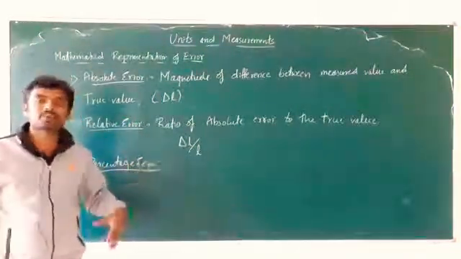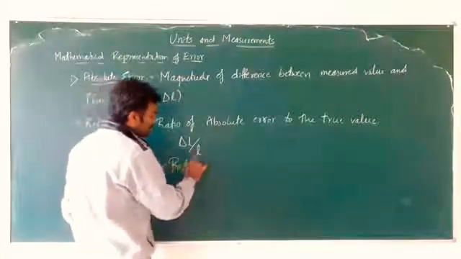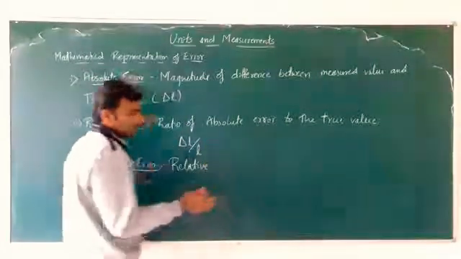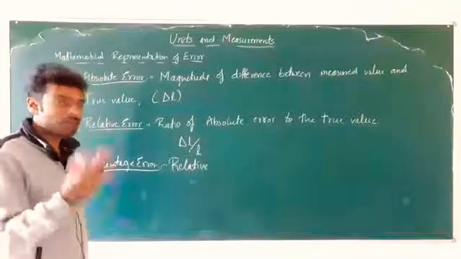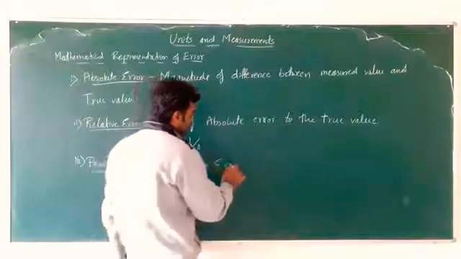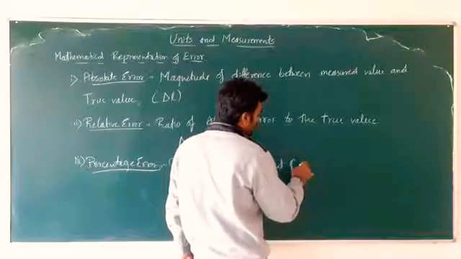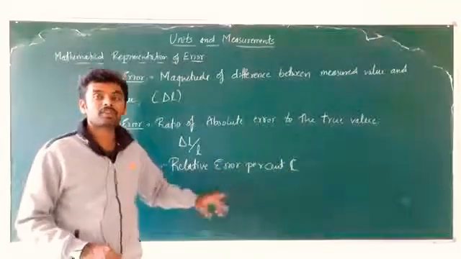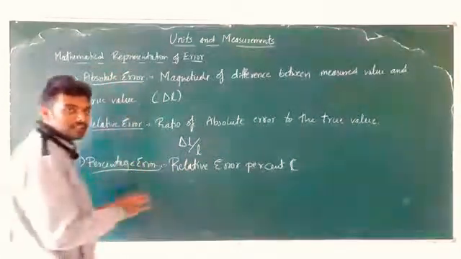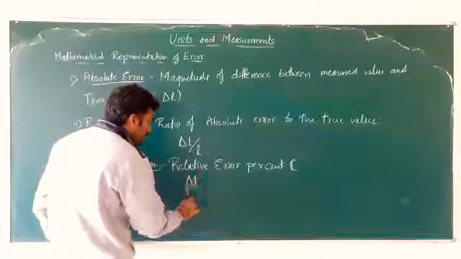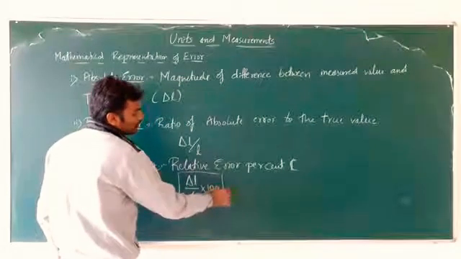So, instead of expressing it every time with decimals, we will choose to express the quantity in percentage. So, relative error expressed in percentage. Cent means 100, per cent. So, relative error per cent, or you can also write this as relative error expressed in percentage is considered as percentage error. Very easy, mathematically it's going to be delta L by L into 100, delta L by L into 100%.